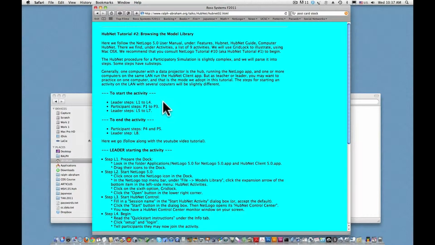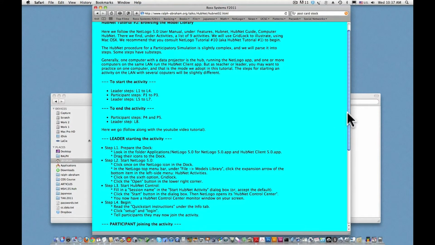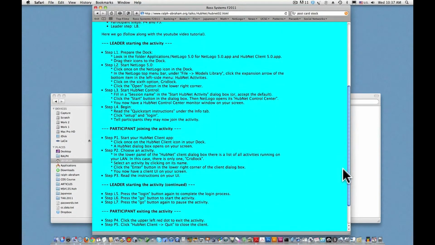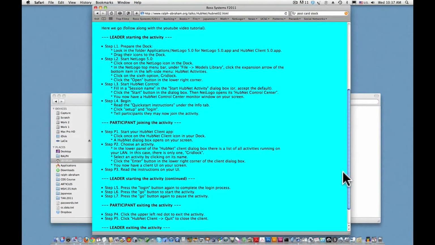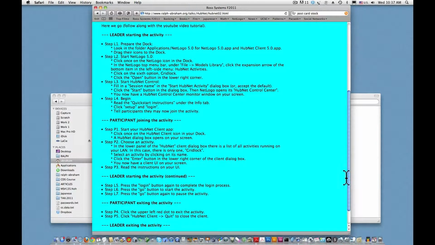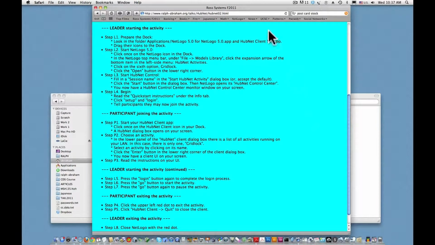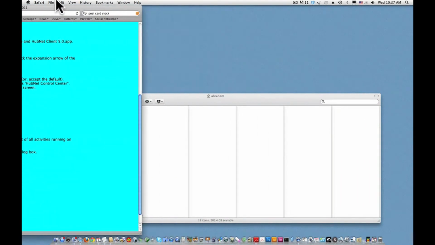There are 4 steps for the leader, and 3 steps for the participant, and 3 more steps for the leader, and so on. You might want to print this or make a bookmark for these instructions step by step. I'm going to follow these steps in this video. So I'll move this aside. And the first step is